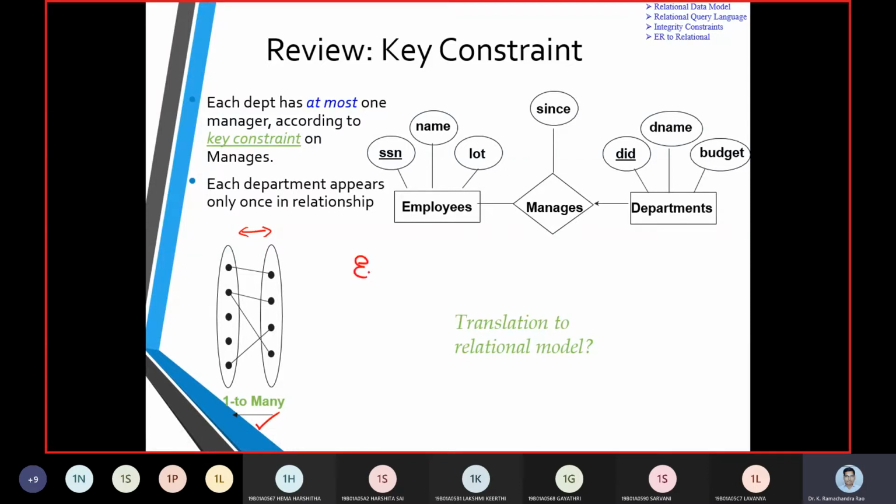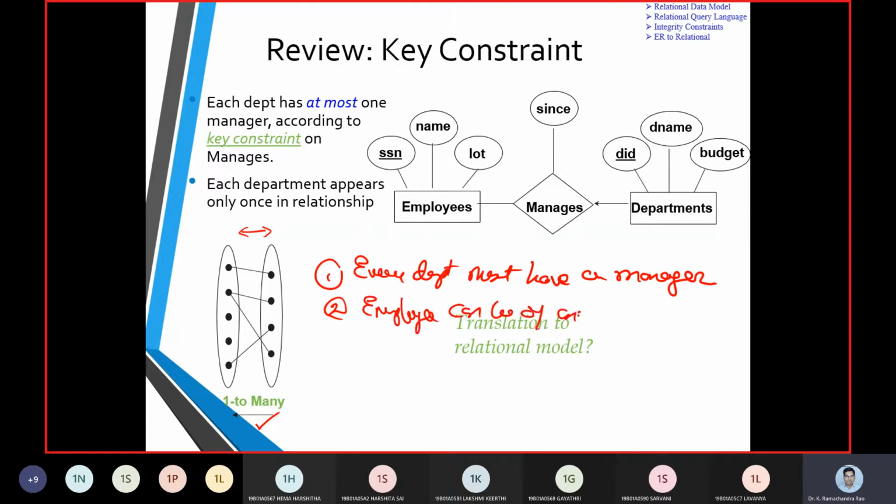Every department must have a manager. The second thing is that employees can be of any number, but they will report to one manager.